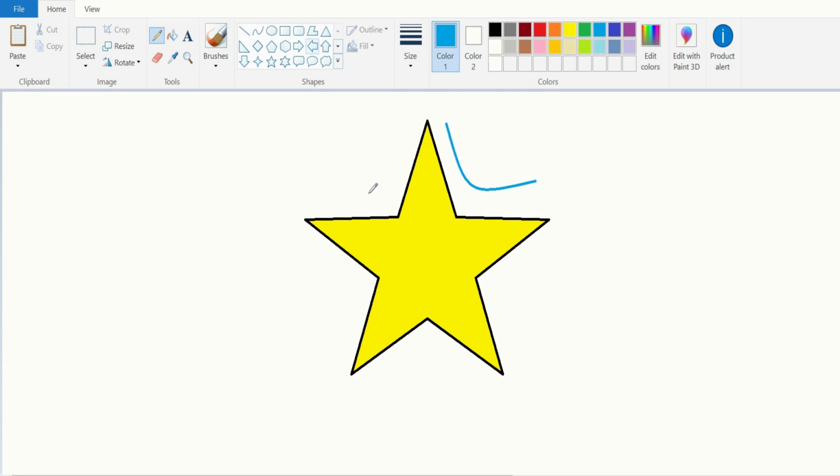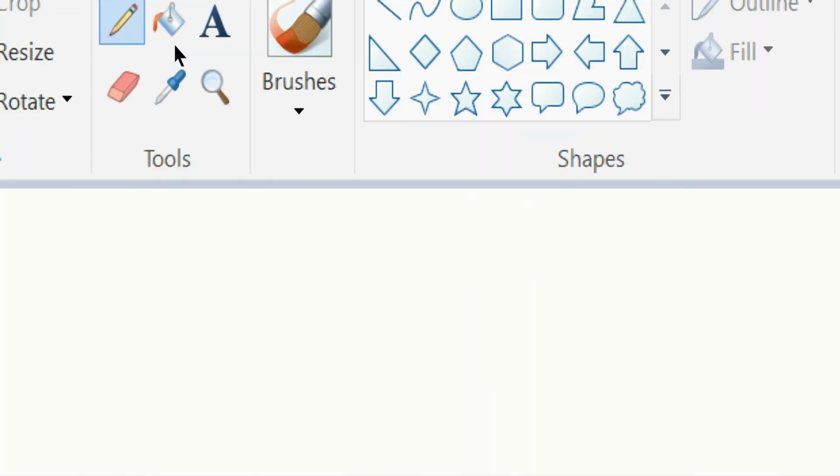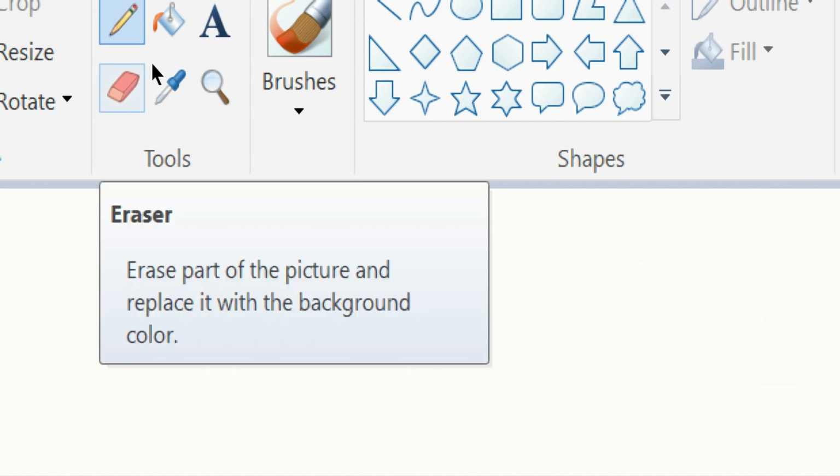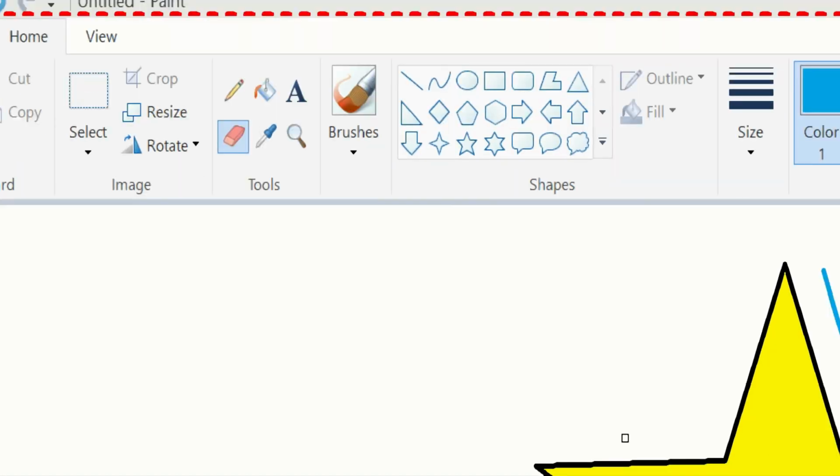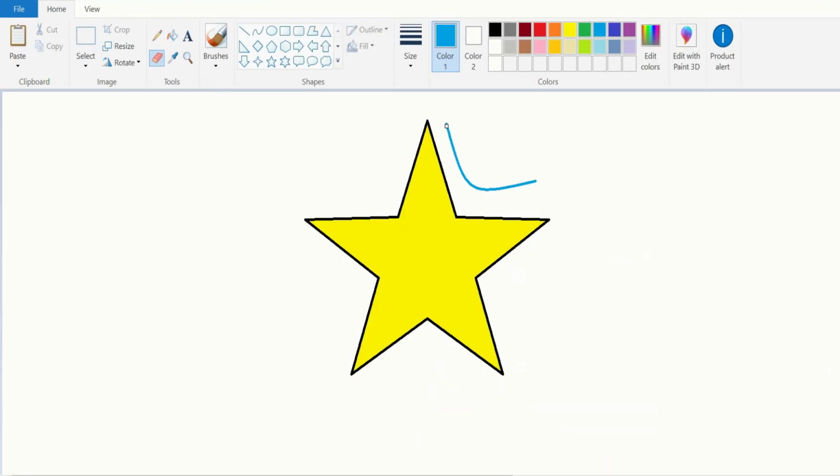Here I have drawn a star, and if I want to erase that line, I need to take the eraser tool. From the Tools group of Home tab, click on Eraser tool. Click and hold down the left mouse button. Drag the mouse pointer on the part where you want to erase.